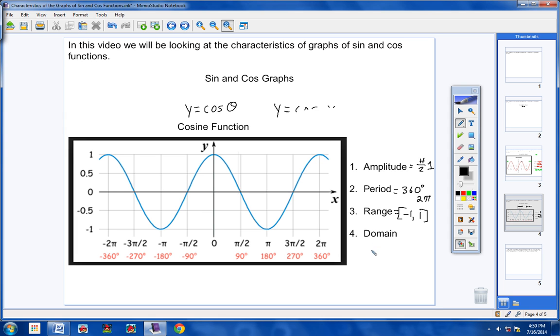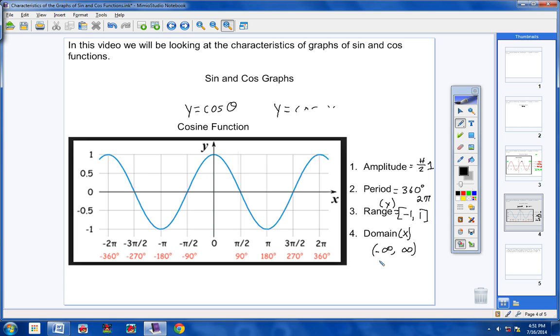Now the domain is also going to be the same as your sine function, because think about it. We're going to have negative infinity to positive infinity, okay? Because the graph does continue on and on. So there's no limit to what the graph does going to the right or going to the left. Okay, and don't forget, the range deals with your y values or your height and depth of the graph. Your domain deals with the x values, which is the behavior of the graph to the right and to the left. Okay, so the domain would be negative infinity